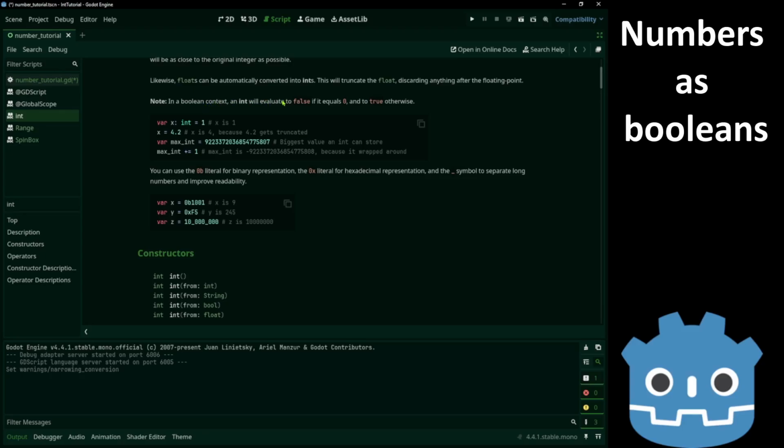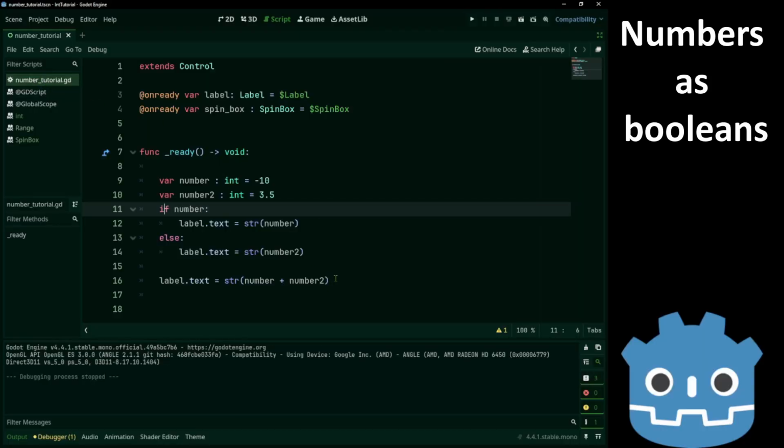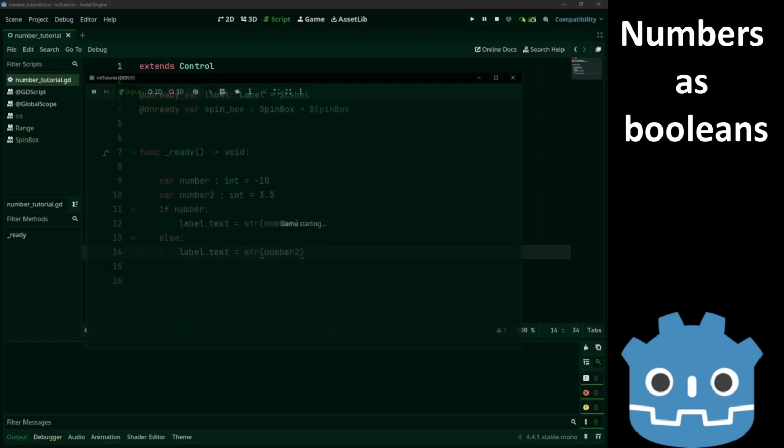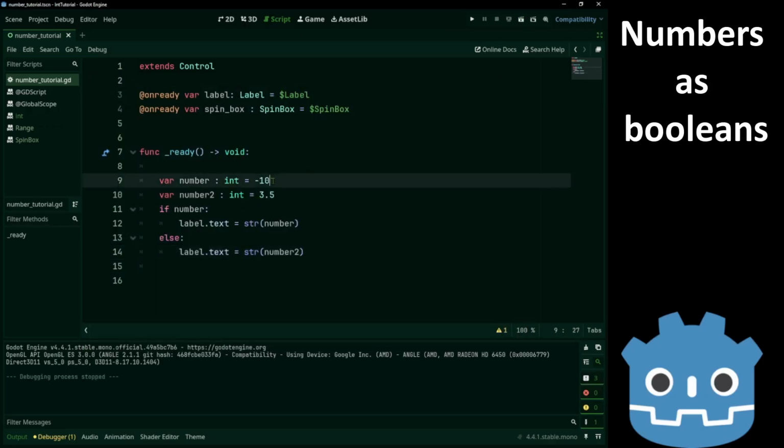In a Boolean context, an int will evaluate to false if it's equal to 0 and to true otherwise. Same goes for the float numbers. Now it shows the first number. If we change it to 0, that should be false. So instead of this, we run the else body.